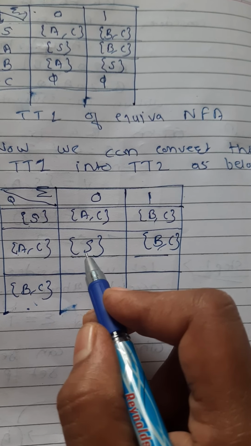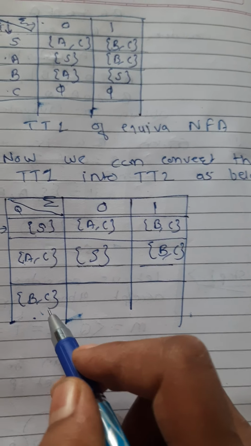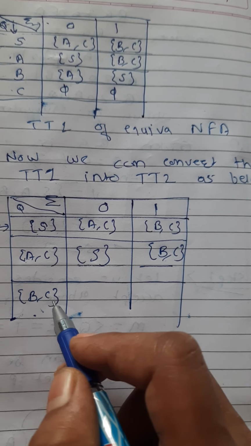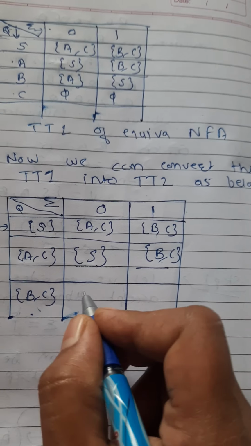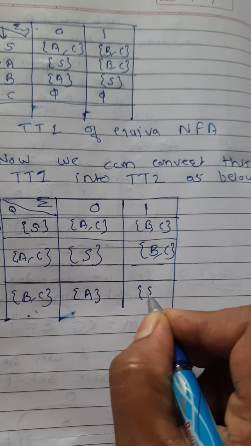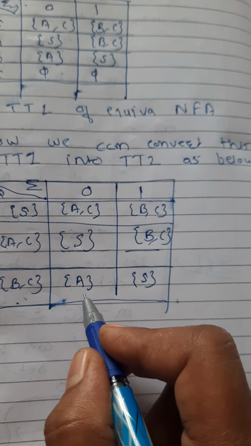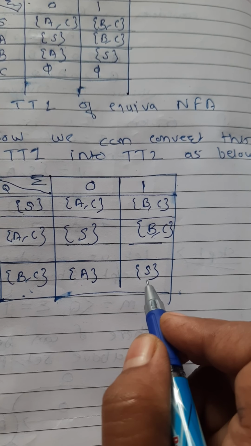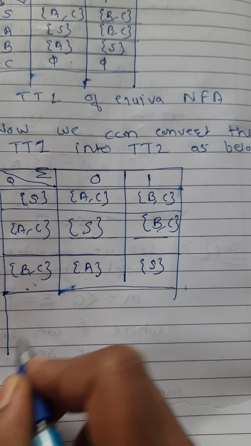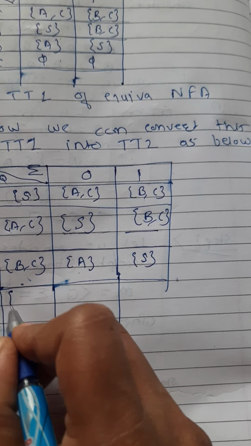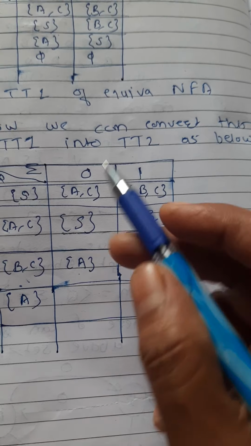Now again here we added the two subsets S and BC. S is already considered, and BC is now being considered. For BC, consider both rows, B's row and C's row, and take the union: A and S. Union is A, union is S. Now again we added the two subsets A and S. S is already considered. Which is the new one? A is the new one. So consider that one. This new subset will become the next state of the equivalent DFA. Obtain the transitions from the previous table.